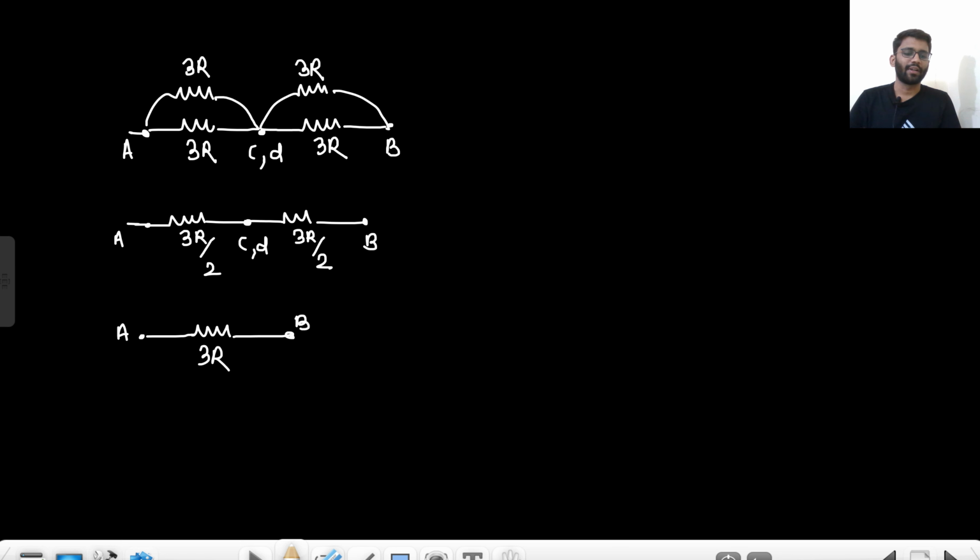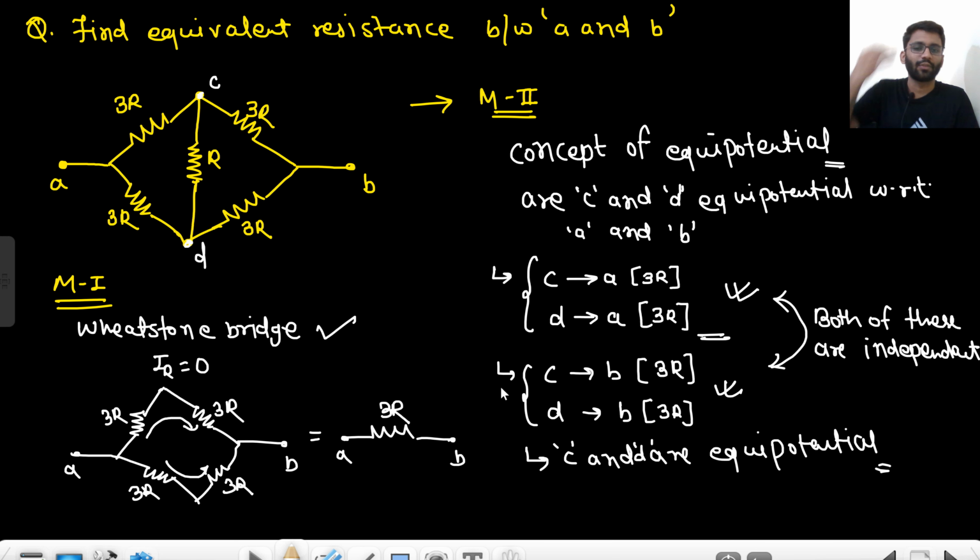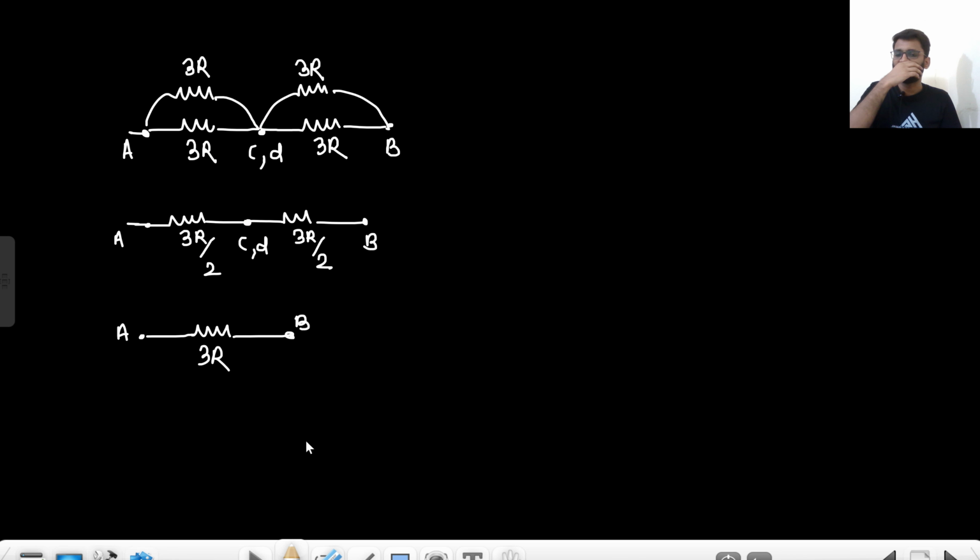I hope you have understood it. I have explained the concept of equipotential more than two or three times. When we are thinking about C and D, we will pick C and D and let them do the work. We will not think about A and B together. First we will think about A: C goes to A, D goes to A, both work the same. Now C goes to B, D goes to B, both do the same work. So the two points are equipotential. This is your final answer.